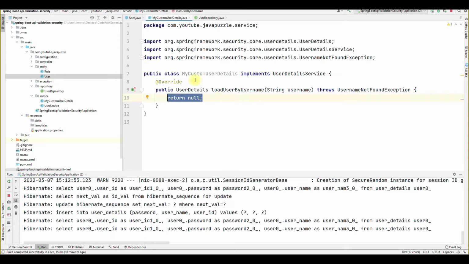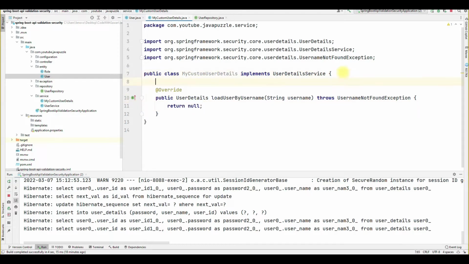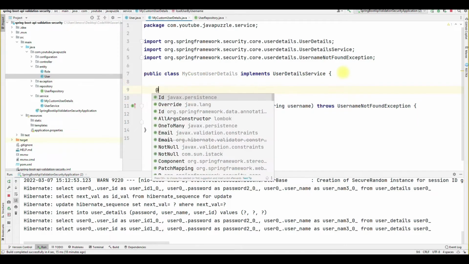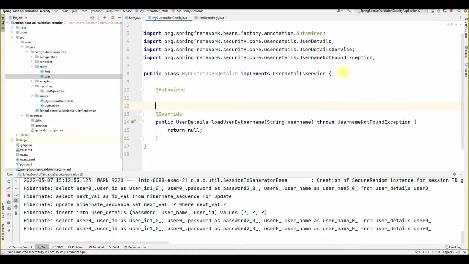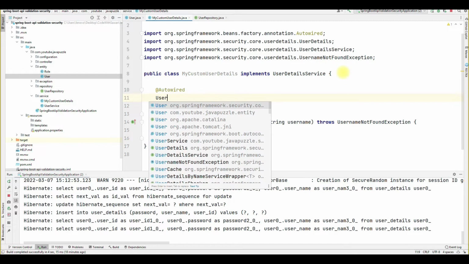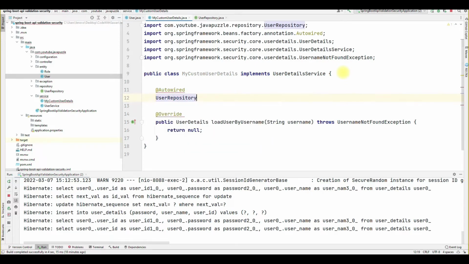Firstly we have to autowire our repository, @Autowired, and just provide the user repository.